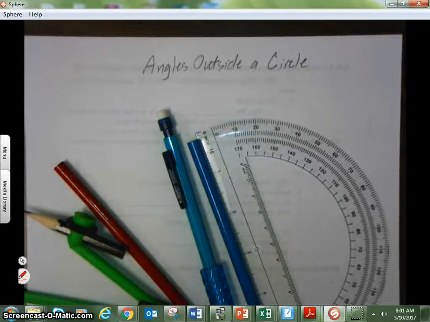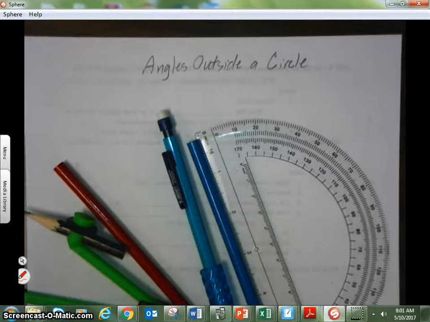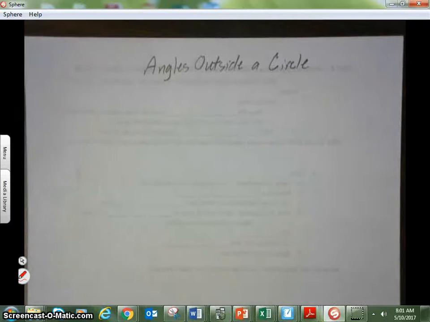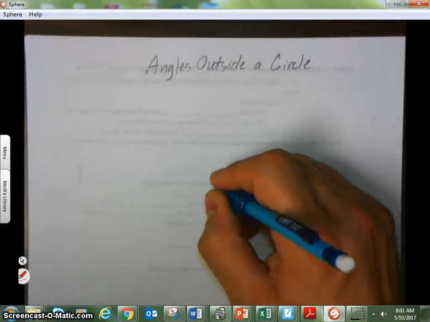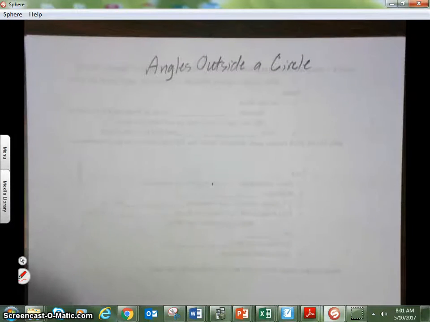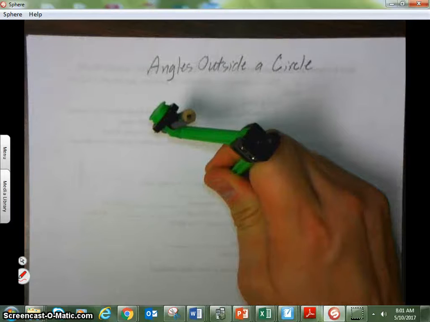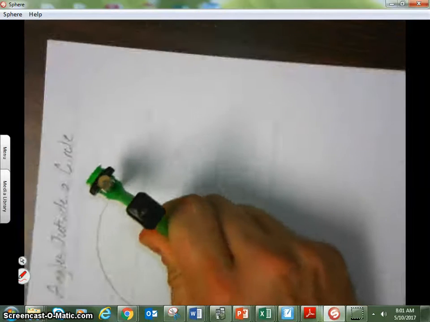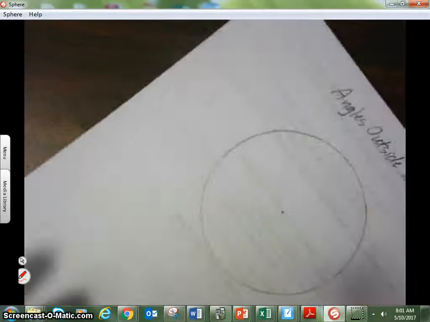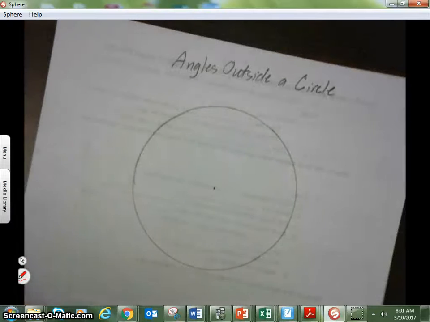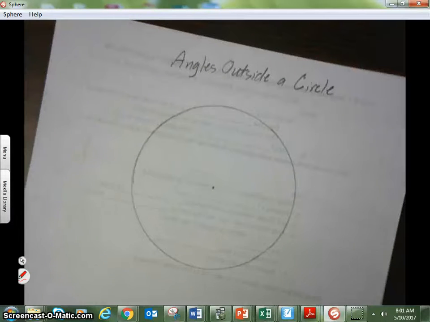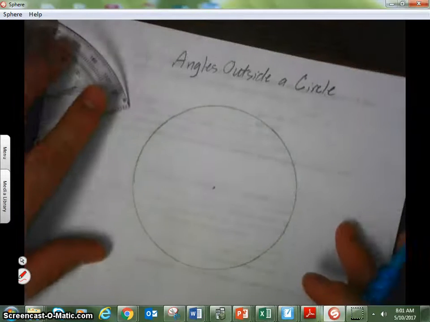So for the demonstration, I'm going to use a compass, a protractor, and a couple of different colored pencils, so that way we can differentiate some angles that we're going to be using. Now, the way that I'm going to do this is to begin by making a circle with my compass, something big enough that we can measure some things on it, but not anything that has to be crazy small either. It doesn't need to be real big, real small, but something just big enough that we can add some things on here and